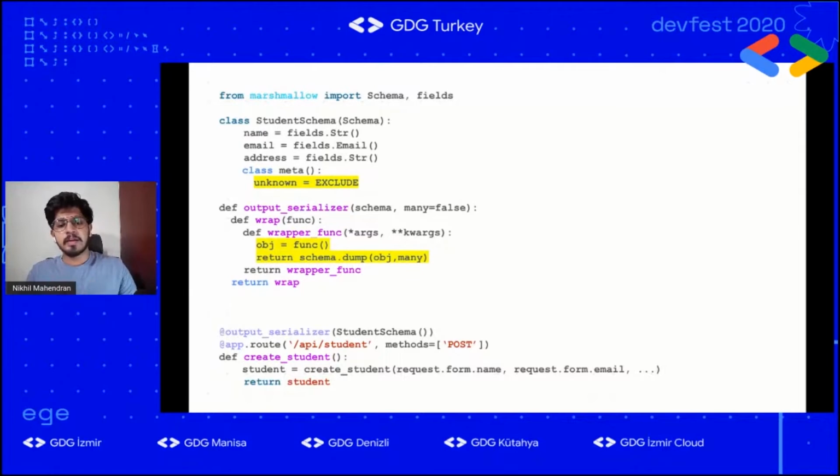If there are any extra fields like password or age, which we didn't whitelist, they will automatically be trimmed off. So you can use this output serializer in languages like Python. Normally you use libraries for this, but I wanted to go deeper and show how the libraries actually work. So this is all about output serialization.